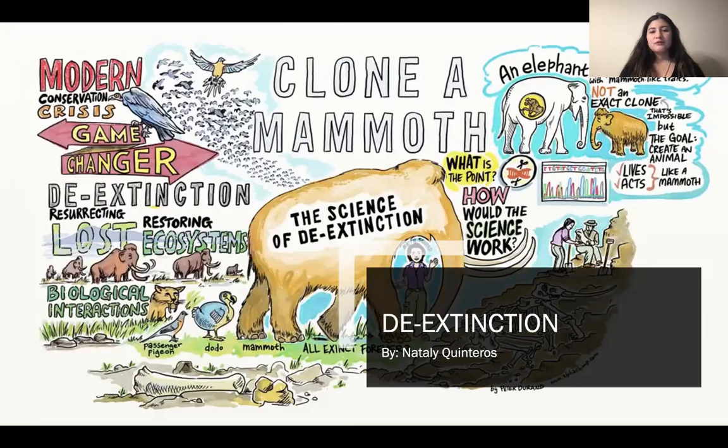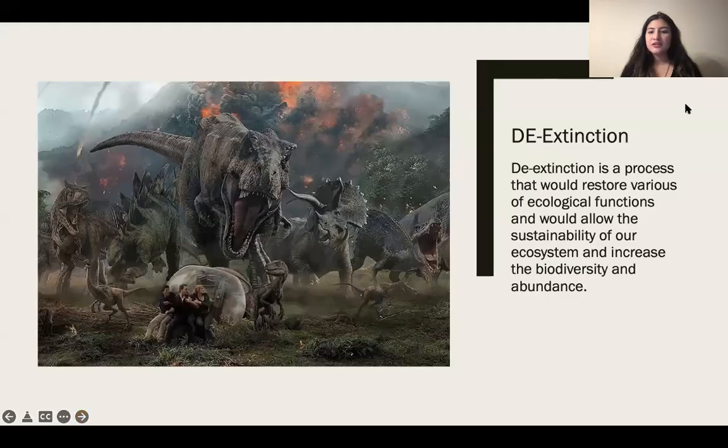So moving on to the introduction of our topic. I know that every time you think of de-extinction, you think of the T-Rex trying to attack everybody in Jurassic World. You know how at the end of the movie, the park was mostly done for monetary benefit and everybody's trying to get money out of it. De-extinction is a little bit more than that. It takes a lot of time for this research to be done. It's very tedious and it's mostly for our environment.